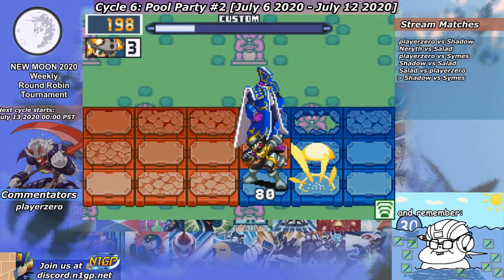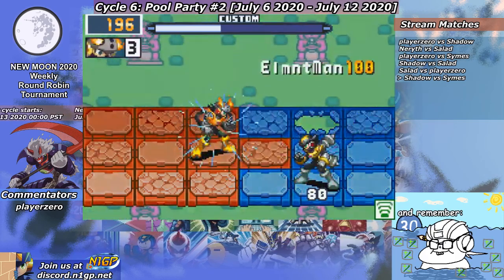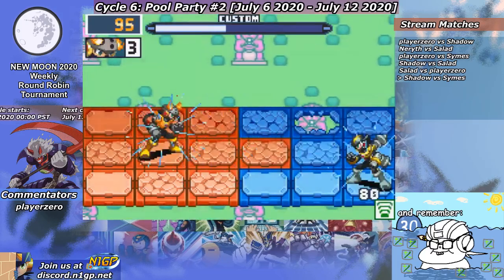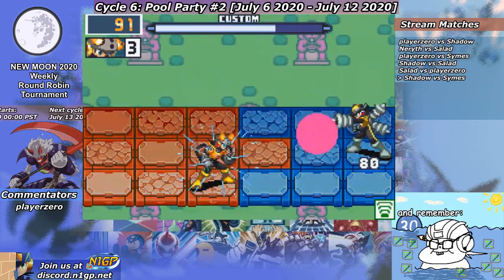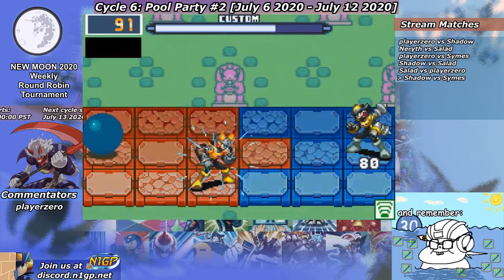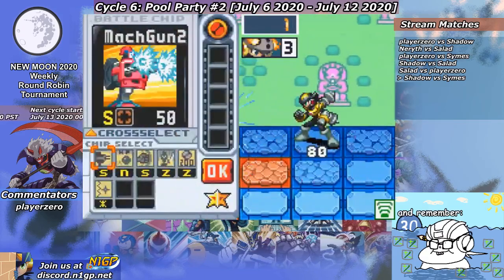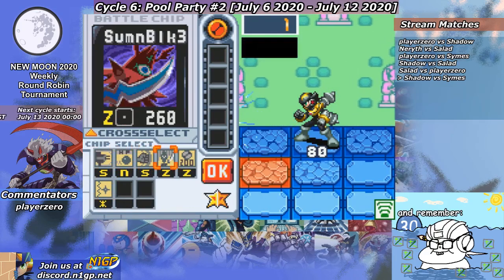Using machine gun too far forward, so that ended up missing all of them. And Symes knew that was anti-navi, so he opted to go for throwing that way. Unfortunately, missing ice on the element man, and then the number ball that was enough for game. Bringing down Shadow to 1 HP, though Shadow does have his recovery and he does have his Summon Black